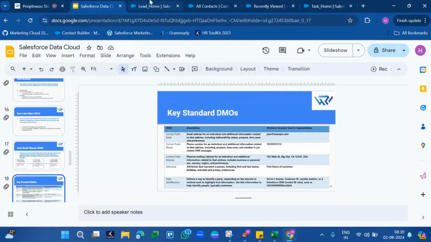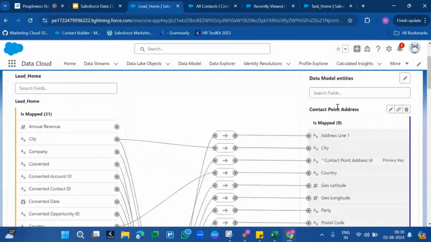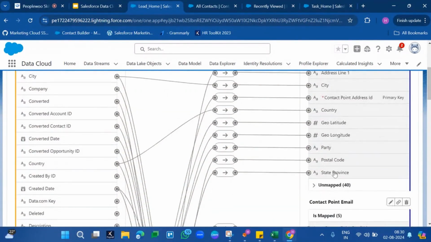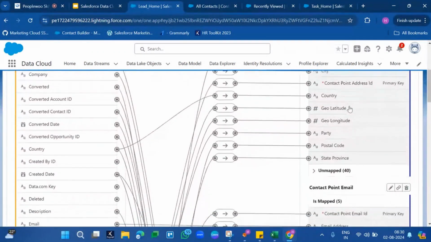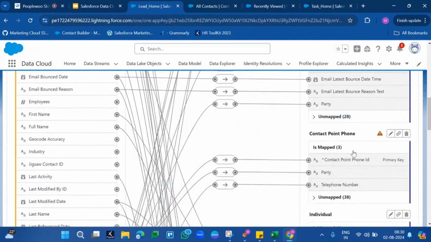So if you review this mapping, a lead data lake object is mapped to contact point phone and contact point address. That means this object, which is a DMO, data model object, contains the city, country, postal code, and state of a particular lead. Then it is also mapped to contact point email, containing the email address of a particular lead. These are individual objects inside Data Cloud which are mapped automatically. These are part of data model objects, so that data is well distributed and kept in an organized 360